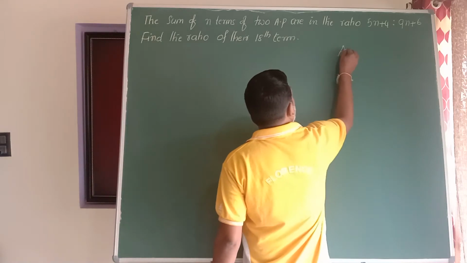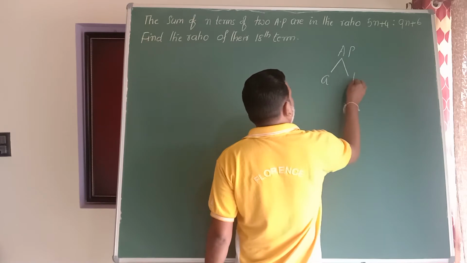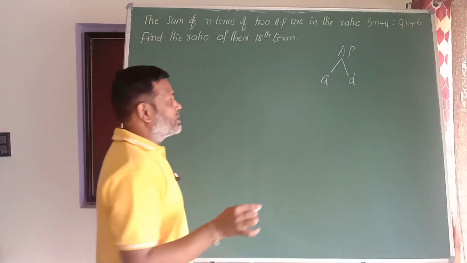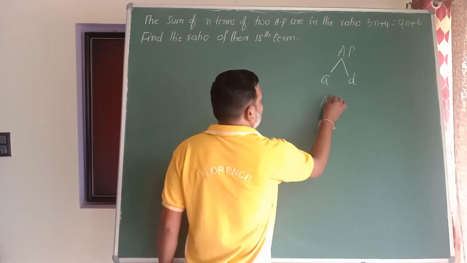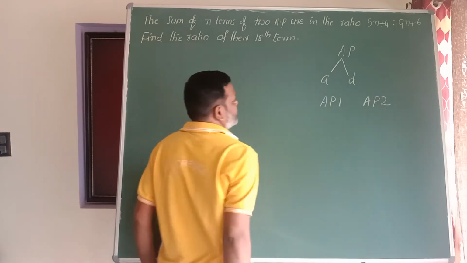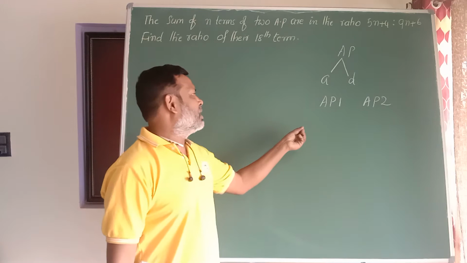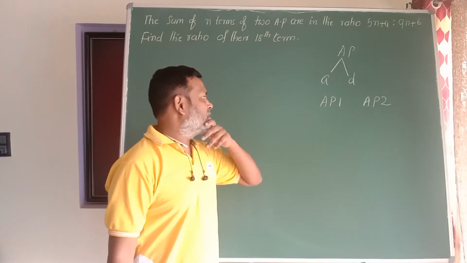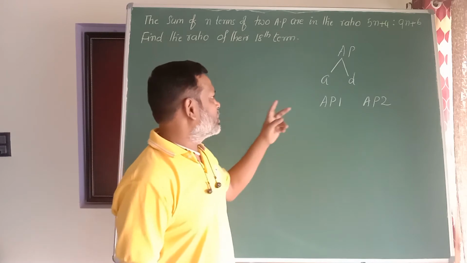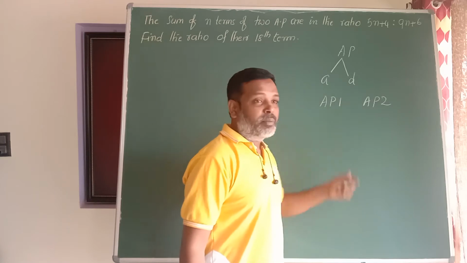If I use the word AP, it has the first term a and the common difference d. But we have two arithmetic progressions. Let it be first AP, AP1, and AP2. Have a look on this. If I use a and d as the first term and common difference, if it is only one arithmetic progression, this is correct. But once we have two arithmetic progressions,